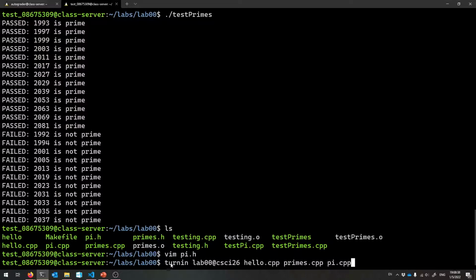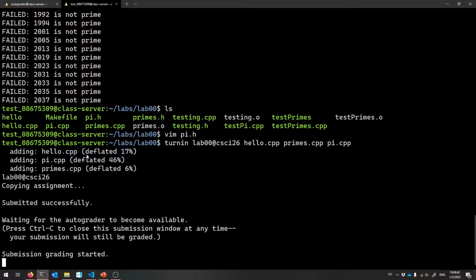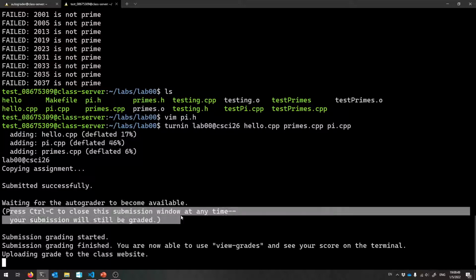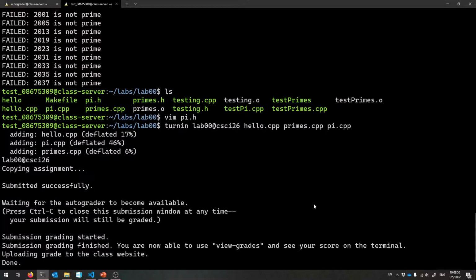So on your end, you just say this line magically, hit enter, and if all goes well, it'll look like this. So it'll wait for the autograder to start, and it's like, okay, you can press Control-C at any time to close the window or to close this auto-grading program. It will just grade in the background, not a big deal. But if you keep it open, it'll tell you, like, oh, started grading, finished grading. You can now look at your grade